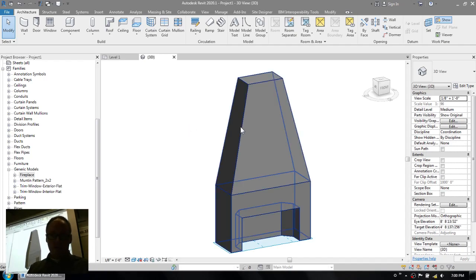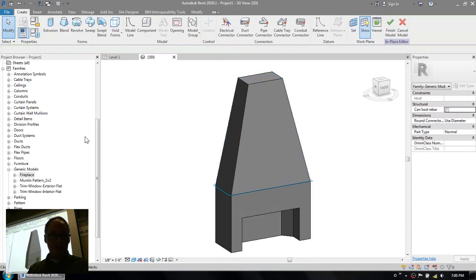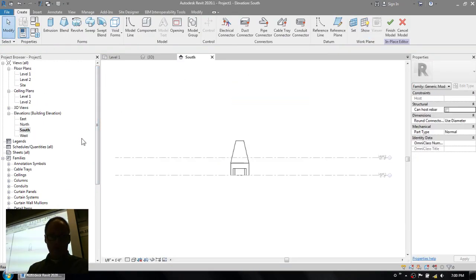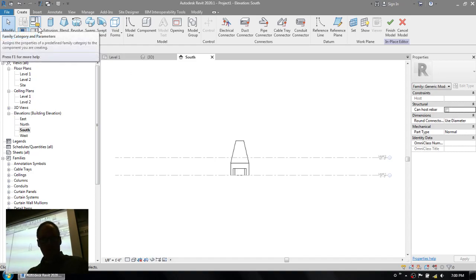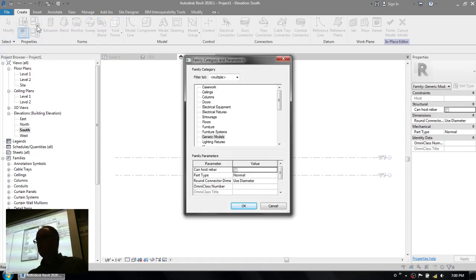In the process of working on an in-place family, there are other things that we will add. So here I'm inside editing my in-place family. So if you look on the set of steps in the bottom of the first page of our notes, we choose the category when you start the in-place family command, and I told you that you can change the category after the fact. You're not married to the particular category that you chose initially. When you're editing an in-place family, at the top left corner here, we've got the family category button. It's the one with the yellow folder on it. And when you click on this folder, you can change the category